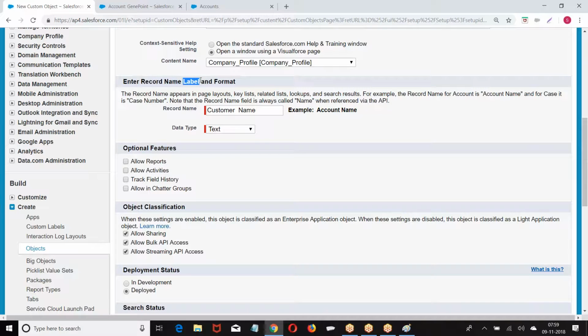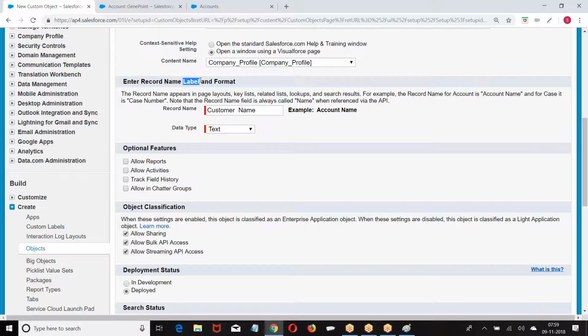By default, on every custom object, Salesforce creates one standard field. What is the standard field called? Name field. By default, Salesforce will create one standard field called the name field.